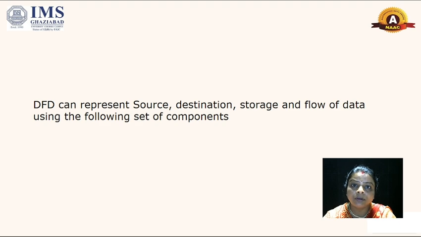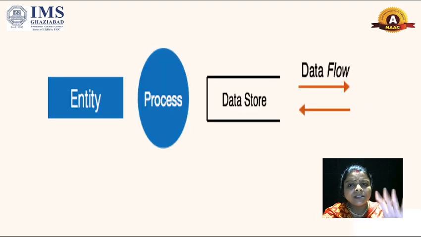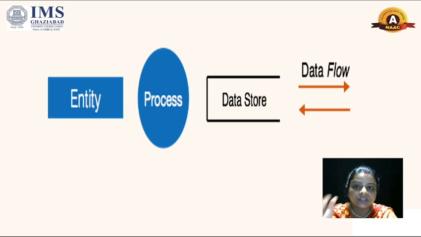When you talk about the graphical representation of a process, then you have to know the specific symbols and notation for data storage, data flow and the entities. There are basically 4 symbols that we use broadly in DFD. One is the entity, the other is the process, the third is the data store, and the last is the data flow.